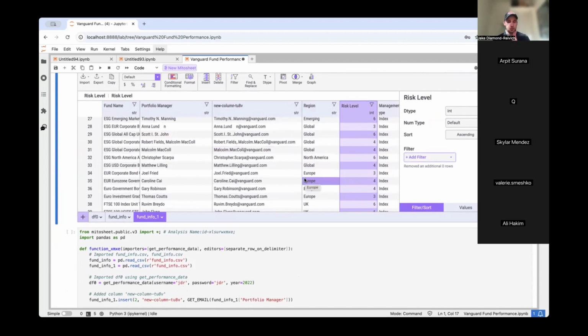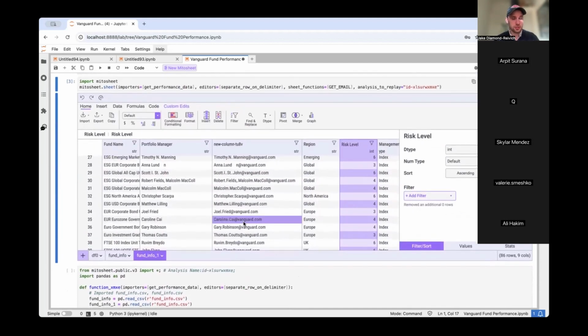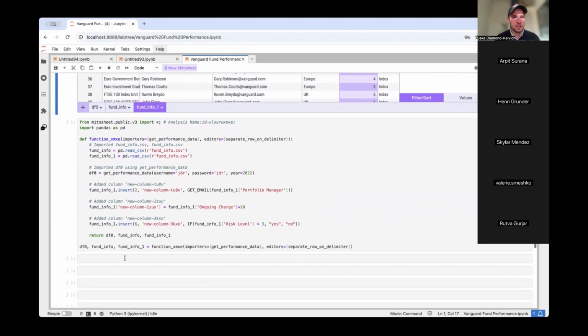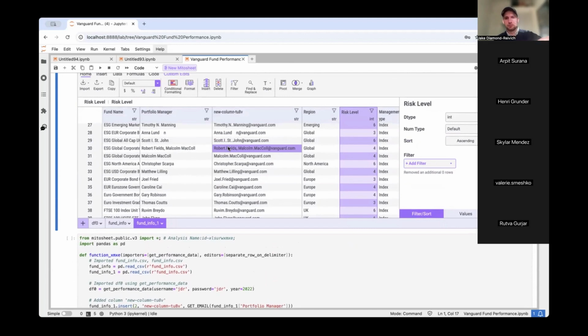I think an important thing to call out about the generated code, and this is a question we get a lot, is that everything we do in the Mito sheet, this interface here, which is just a one-line pip install, by the way, so open source, anyone could use it if they want, generates code below, but it only goes one way. That's because of the way notebooks work and the order in which you run things. So if you edit this code down here, like if I deleted the section here, that would not live reflect in here. I'll show you, and the reason for that, like I said before, is because in a notebook you